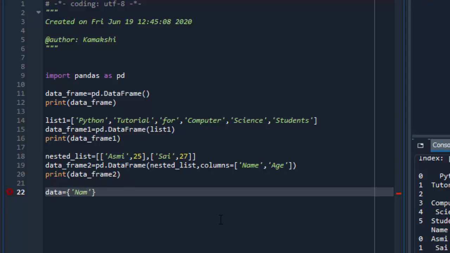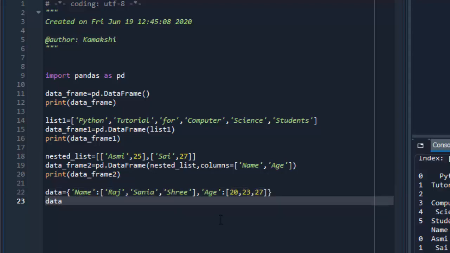So in Python, dictionaries contain the key value pairs, right? So here I'm giving the key as name and giving the value in the form of n-dimensional array. So that is why I'm specifying it within square brackets. Now second key which I'm going to take is age and giving it a list in the form of values. So this is how we can create a data frame by using the dictionary of ND arrays.